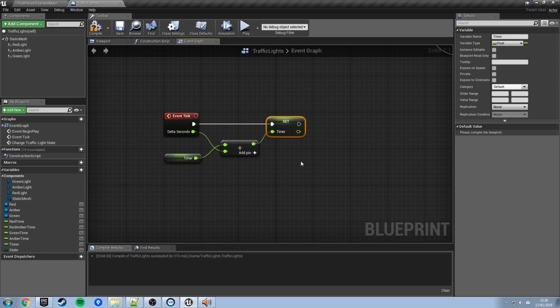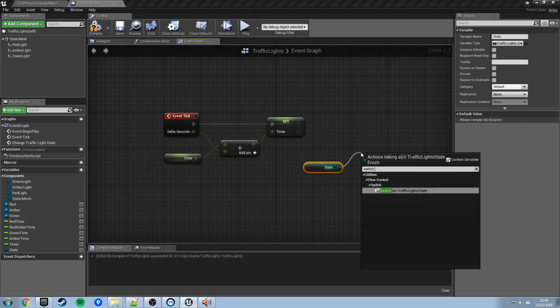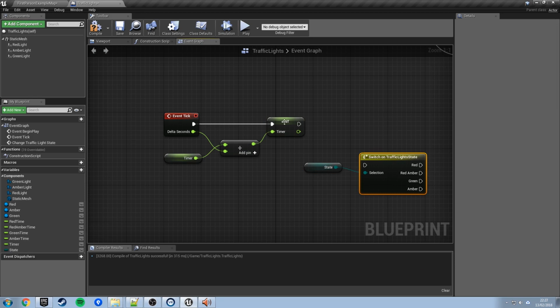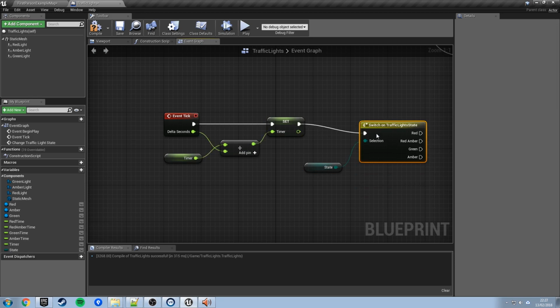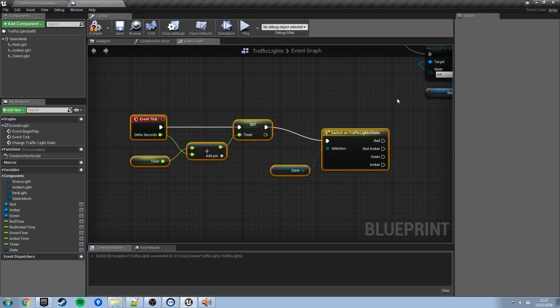The next thing that tick needs to do is ask which state are we currently in. So we'll grab hold of the state variable, get that, and do another switch on state. So we're going to do different things depending on which state we're currently in. If we are, let's move down so we don't run into this other